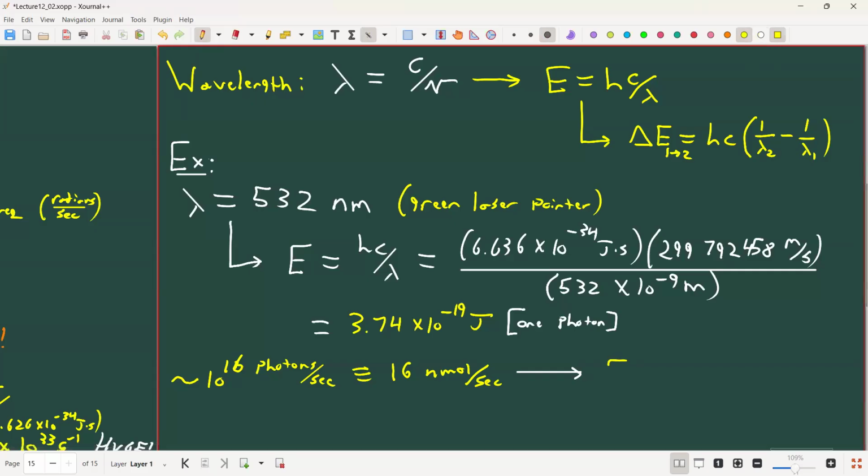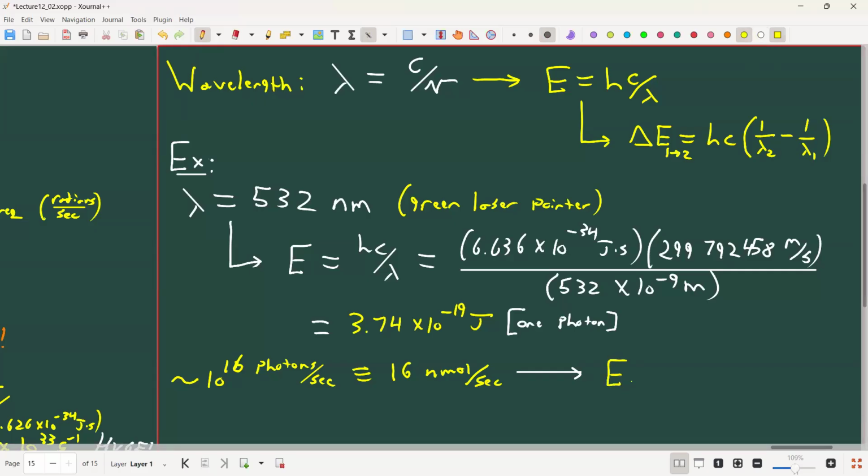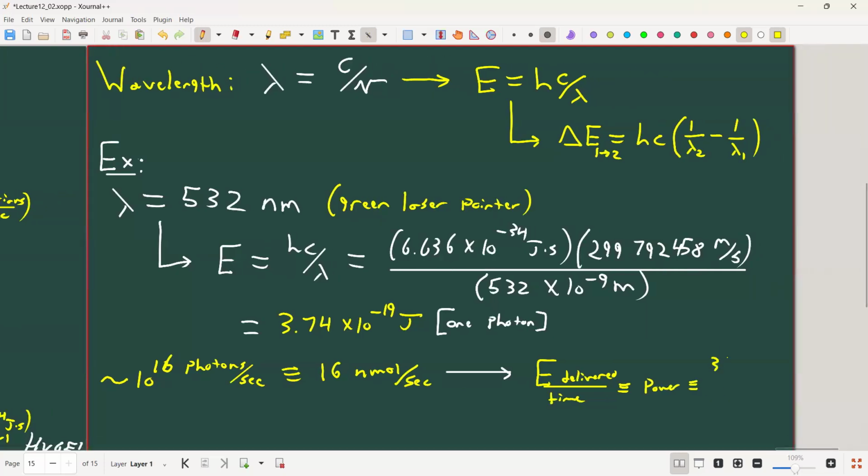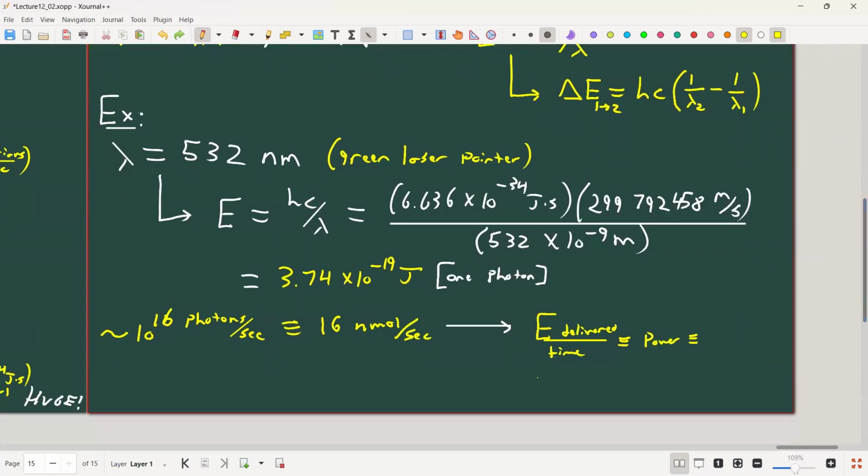Right, and so the total amount of energy per second, so energy delivered over time, this is equal to the power, which is equal to 3.74 times 10 to the minus 19 joules